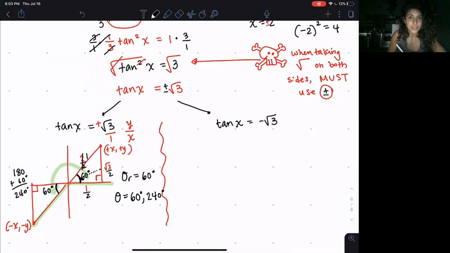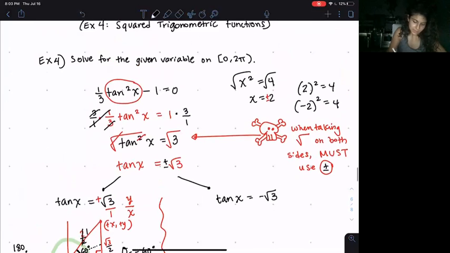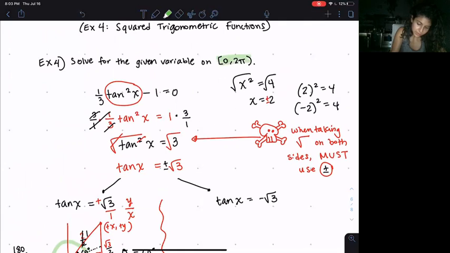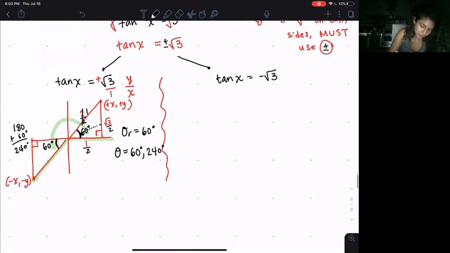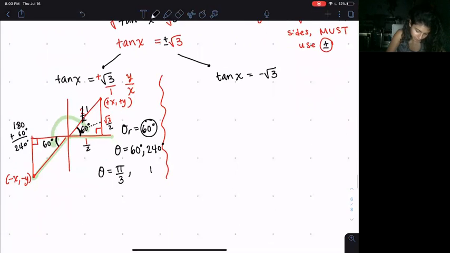We need to convert these to radians to satisfy the conditions given in the instructions, between 0 and 2 pi, that's in radians. So let's finish this up. 60 degrees we know is pi over 3. We also know 240 is a multiple of 60 because that's the reference angle. So I'm going to write blank pi over 3